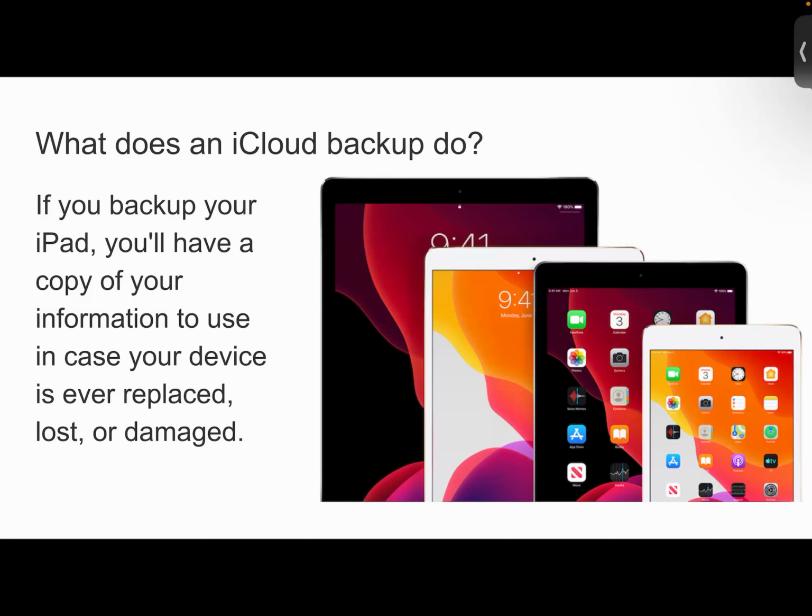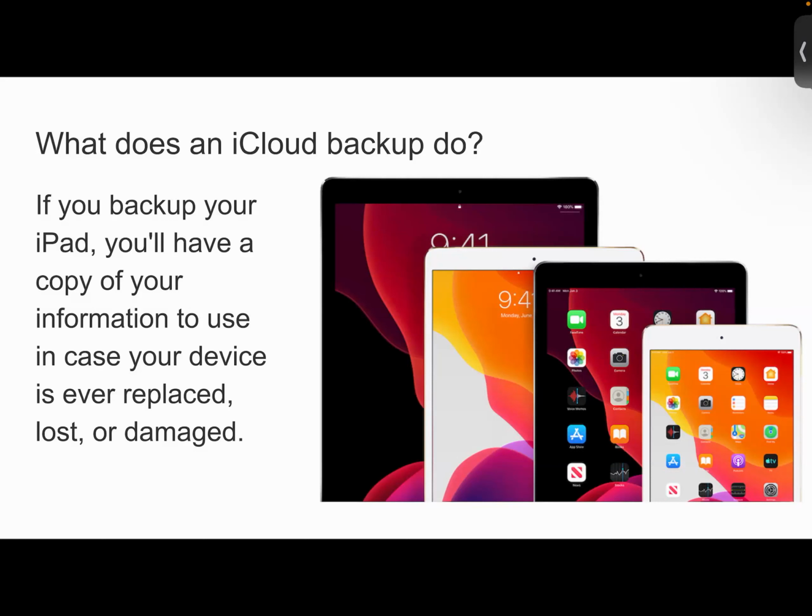So if you lose your iPad and you get a new one, you're able to get your data by logging in with your Apple ID. Again, I'll show that in a second, but it saves that data in the cloud. So in case you ever need to put it back on your device, you'll have the opportunity to do so. Also, anytime an update happens, I have never had an issue with an update or an upgrade on the iPad.